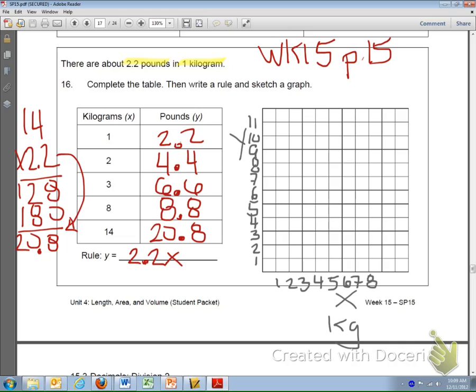At 1 kilogram, I'm at 2.2 pounds. At 2 kilograms, we're at 4.4 pounds, somewhere around there. At 3 kilograms, we're at 6.6, so we're past the 6, almost to the 7. Next up here, we jump up to 8